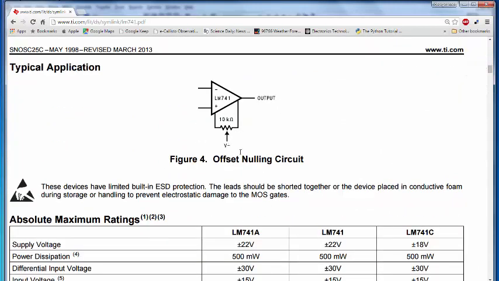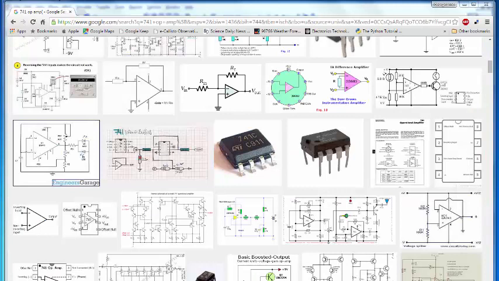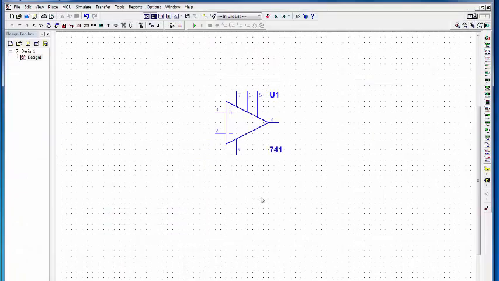This is telling you what you need to do with it, but it has to do with getting rid of the little voltage offset that's between the plus and minus input pins. I'm pretty sure that you can not connect the offset null at all, and that the op amp will still work. If you are doing something that's very close to 0 volts,